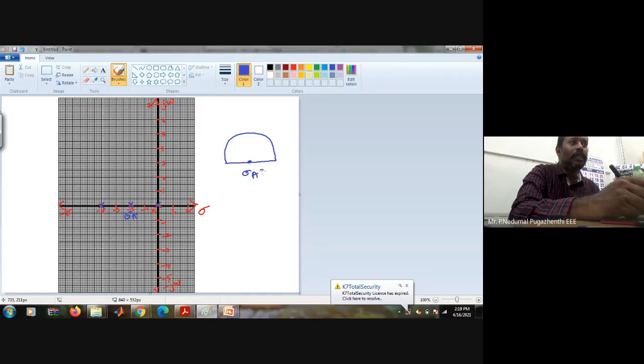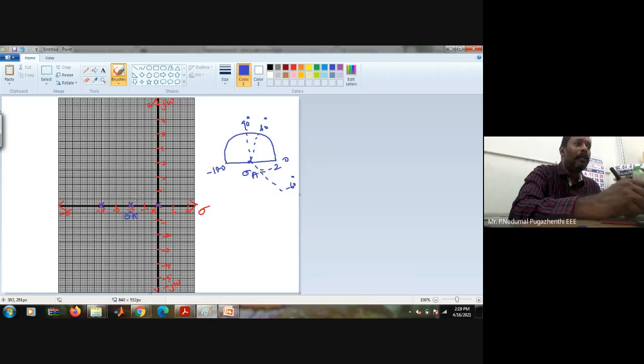That is, here it is going to be minus 2, and this is going to be 0. This is going to be 180 degrees, and this is going to be 90 degrees. Probably you will get plus or minus 60 degrees. This is going to be plus 60, and you will get minus 60 here. So this is plus 60, this one is minus 60, and this side is plus or minus 180.